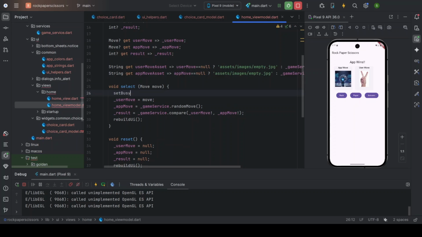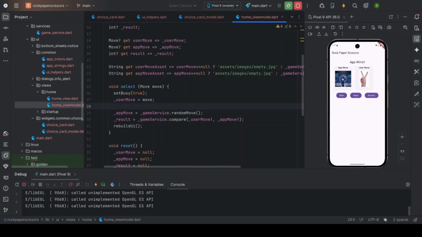Let me show you what the set busy function does. So I'm going to set busy to true before calling this function. User move will be selected and app move will be a random move,